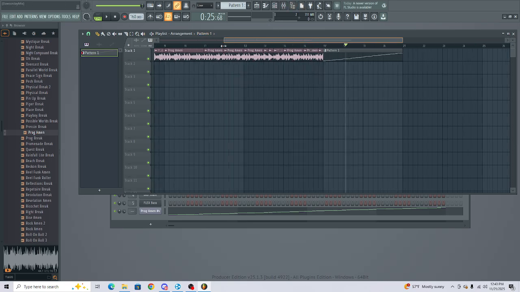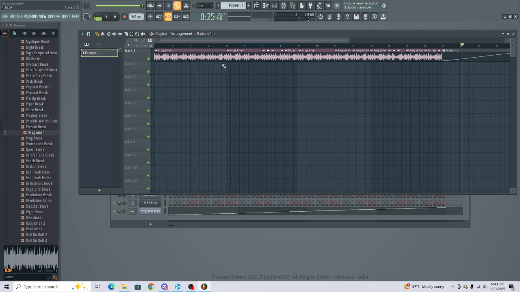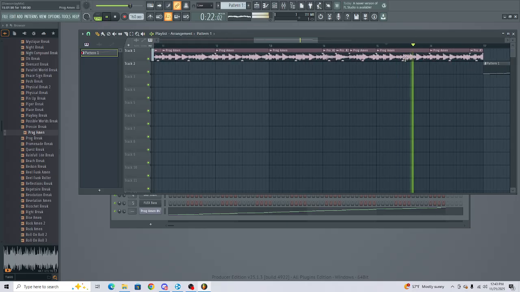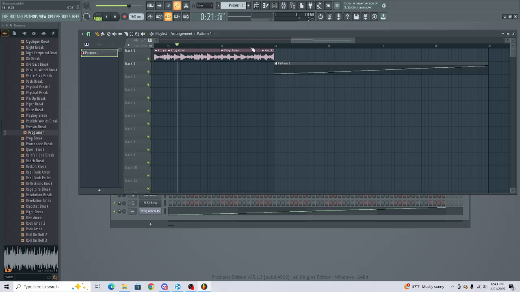So in FL Studio, you have the playlist where you can edit audio, and you can also add MIDI. Here now we have the audio, the actual audio clip of the drums. This is straight recorded from the song that has this drum break. And then we have the MIDI,